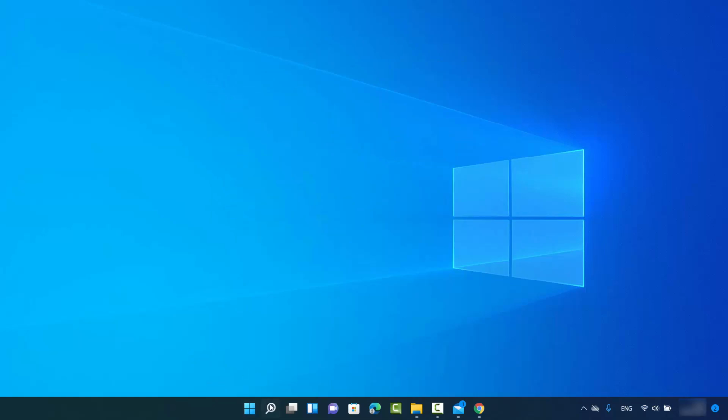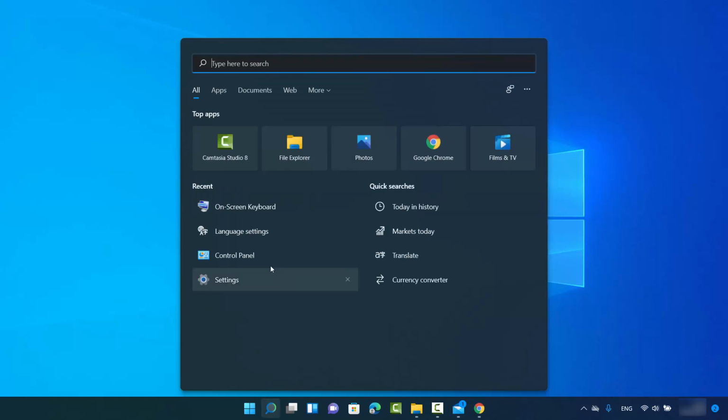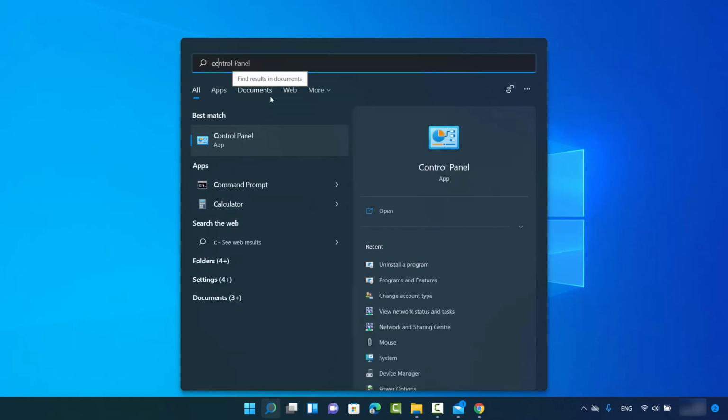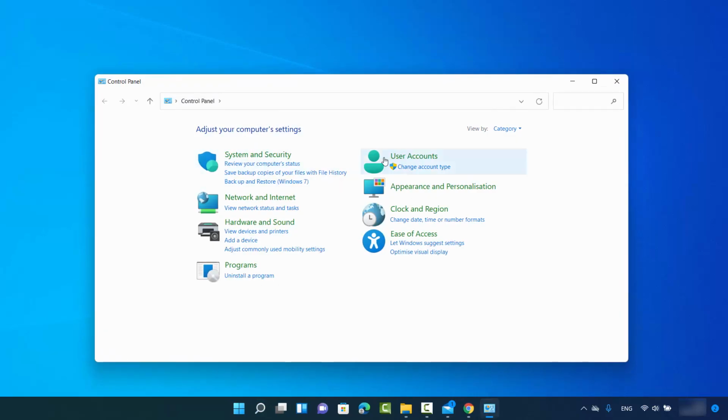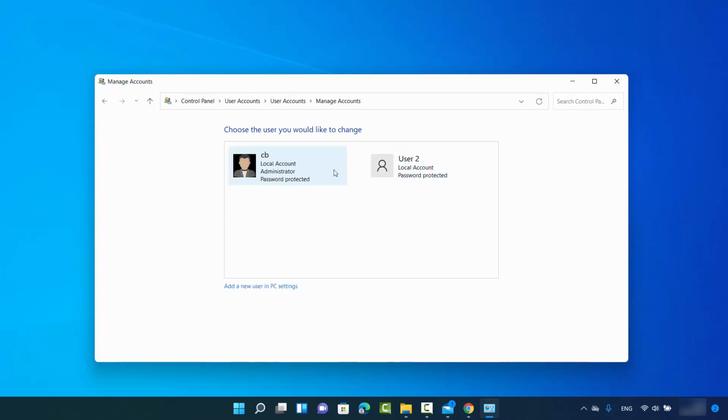For checking this, you can just click on the search icon and then search for control panel here, and then click on control panel and then view by category, and then click on change account type under user account. Okay, so just click on change account type, and here you will be able to see the list of all